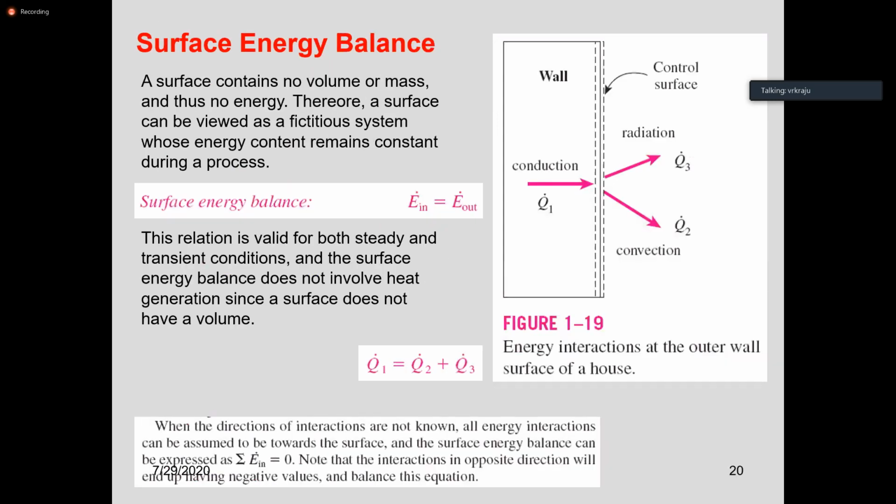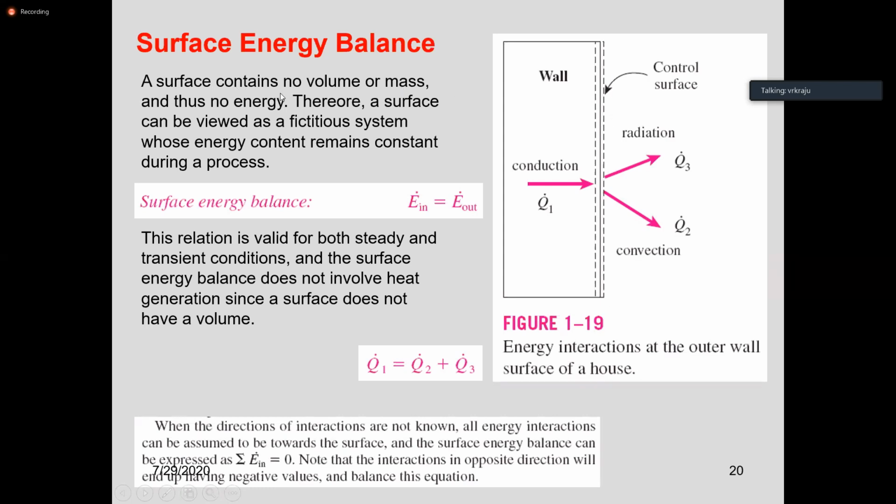Now there are some incidents where there is an energy transfer from the surface. For such cases, if you want to write your energy balance, the principle of energy balance is again the same. Whatever energy is coming to that particular surface, the same magnitude has to leave, if it is allowing your energy to transfer across the control surface.